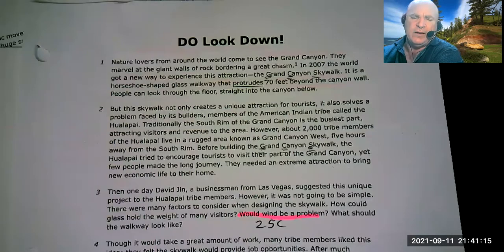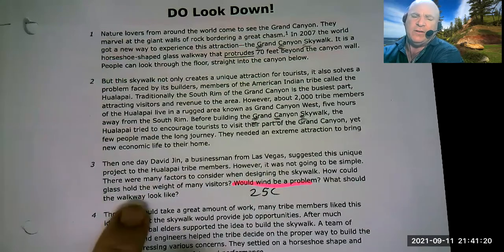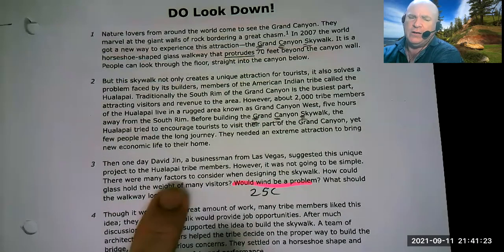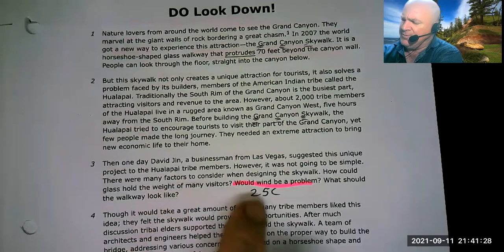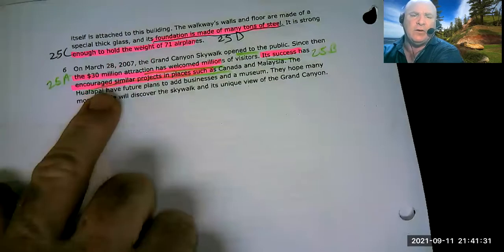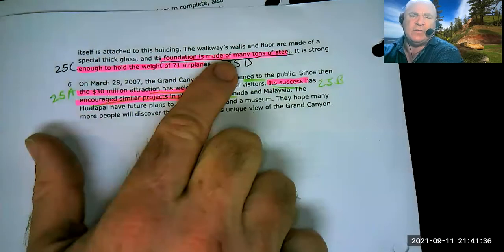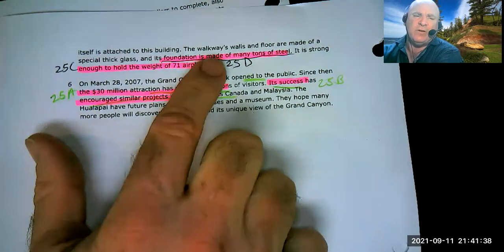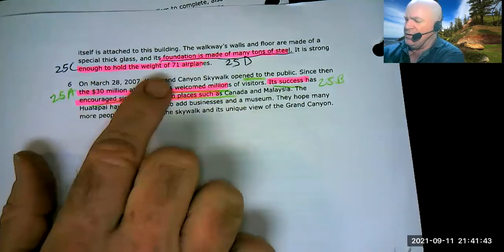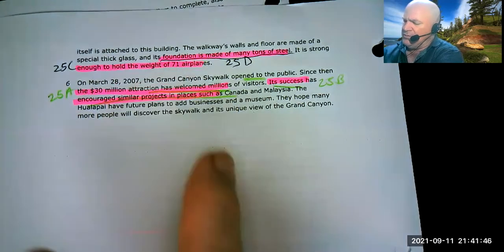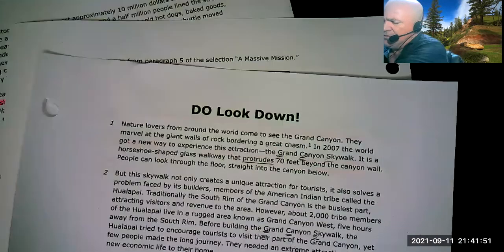So how can it hold the weight of many visitors? So I could prove it in paragraph 3 here and here. I could also prove it in paragraph 5 by how many tons of steel its foundation has and how many airplanes it could hold in terms of its weight. Okay, so the problem is that means that this answer is also